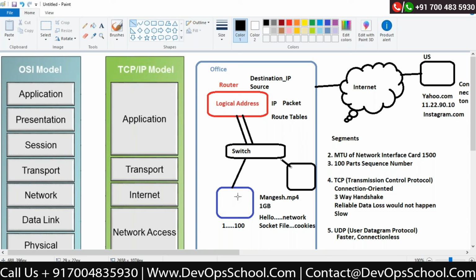But the moment I paste the file to my destination folder, now the transmission is happened. Now the file is started transferring. You will be able to see a small window will come up which can show you, okay, the file is transmitting now, the progress bar, correct? Now that is generated by session. Okay, now remember, the moment you transfer the file from one computer to another computer, it will immediately come to know that this is a MP4 file. How come? This is a compressed file. That is called data presentation.